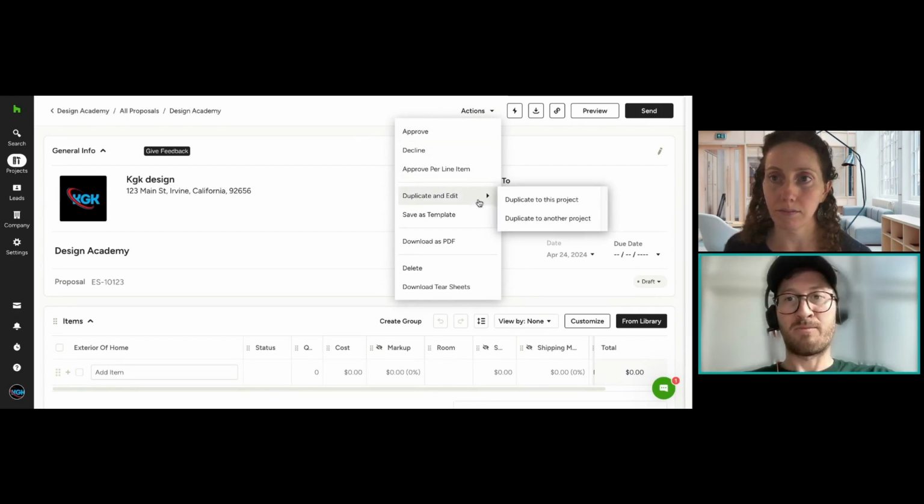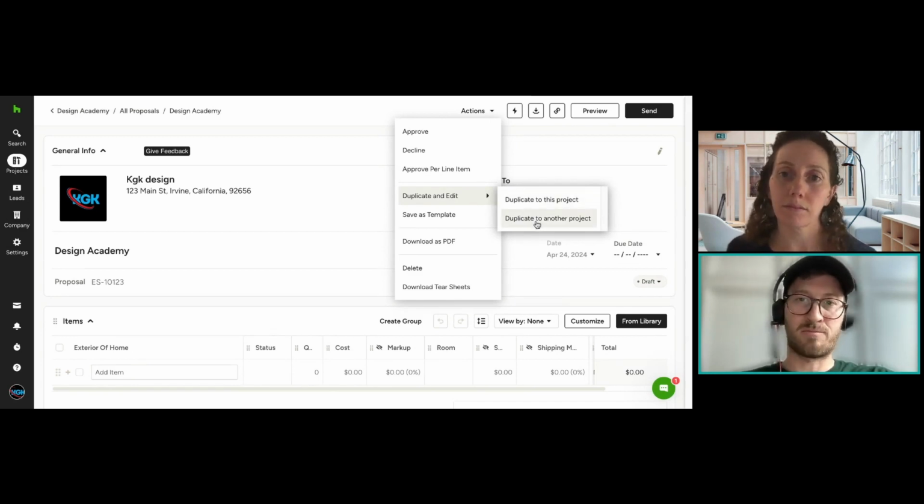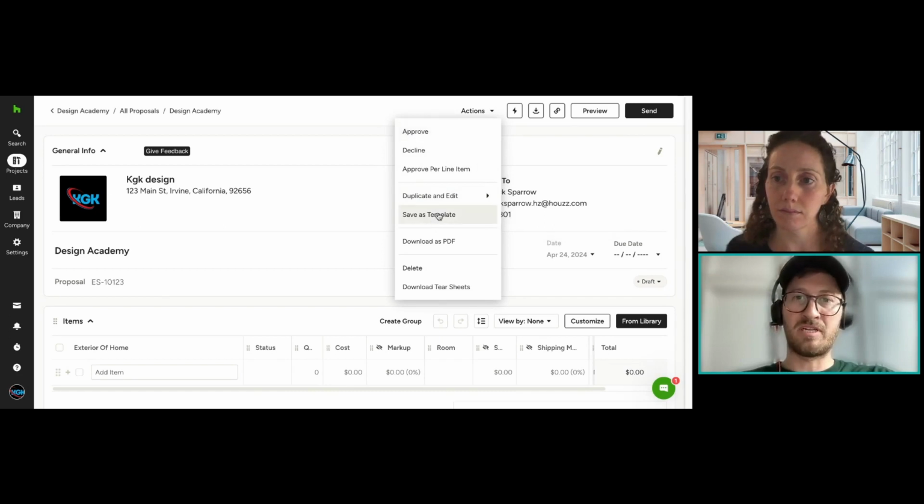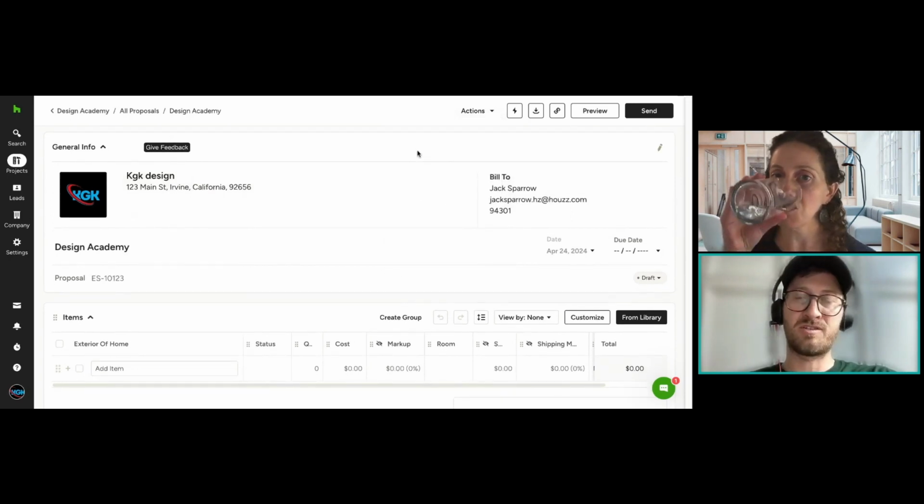There's instances where you may want to duplicate and edit, and you can do that right here. And you can also duplicate and edit this to the same project as well as to a different project. The ability to make your templates is right here as well. So if there's ever a case where you want to save in specific terms and conditions and memos and things